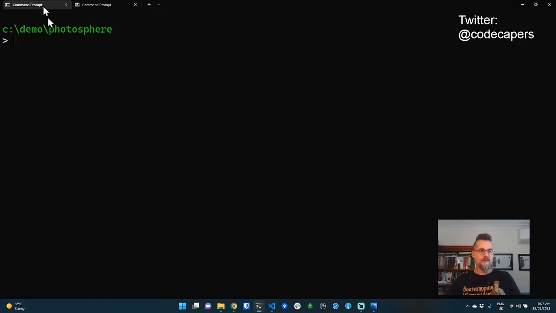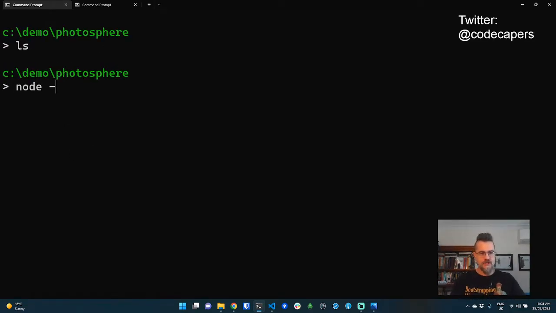So I've got a terminal open here. I'm running Windows 11. Most of what I show you is going to work on Linux and Mac as well, so don't be too worried. In fact, I have Linux commands like ls already installed because I have Git for Windows installed. So most of what I show you is going to work on all platforms, and if not, I'm going to tell you when it doesn't.